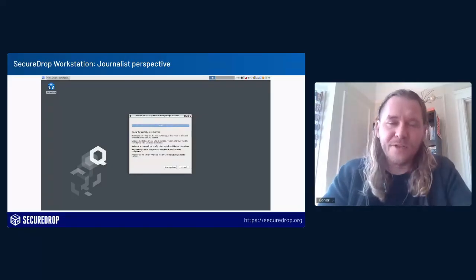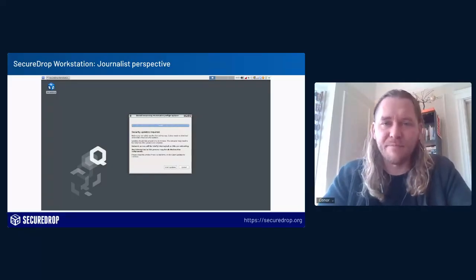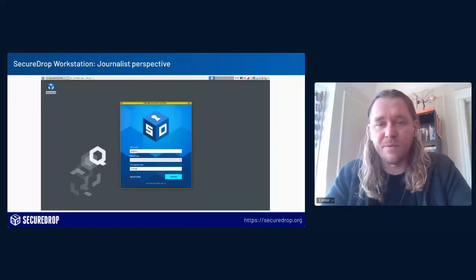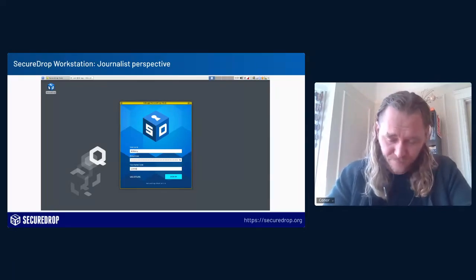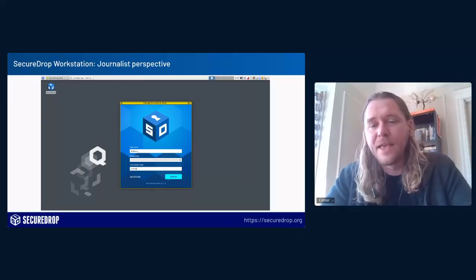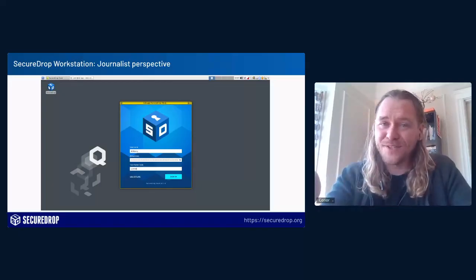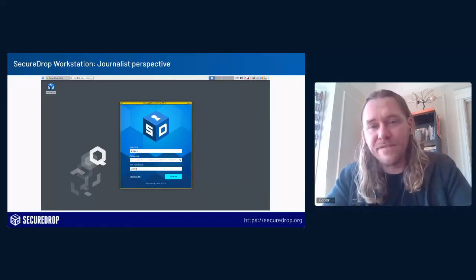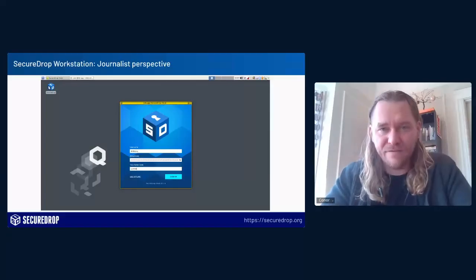It will pull in all the updates, restart any templates and AppVM associations that are required, and then prompt the journalist to log into the system. So, standard login form: we have a username, a password, and a second factor of authentication, most commonly TOTP. Now, critically, when this journalist performs this authentication action that is not in a networked context, that is something that the proxy will pick up, and it will perform the authentication via the Tor connection on behalf of this client